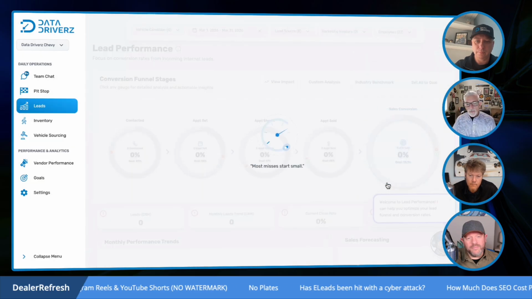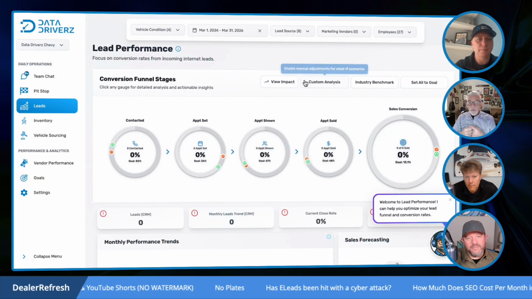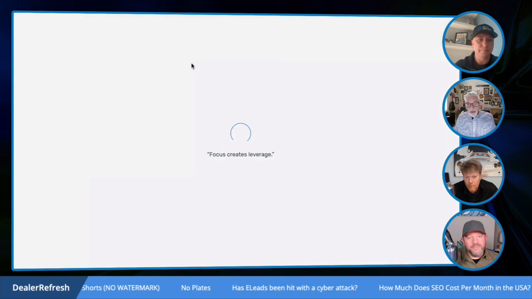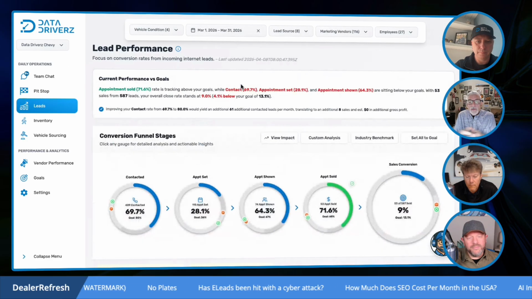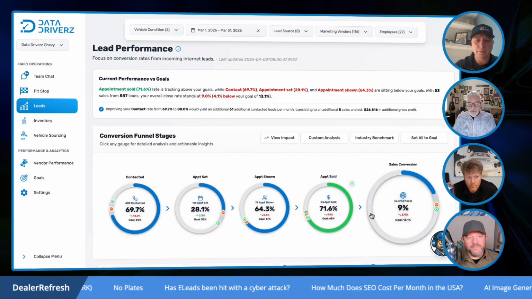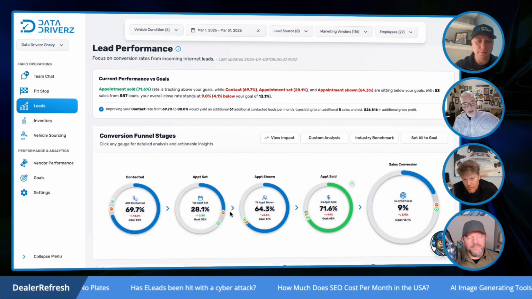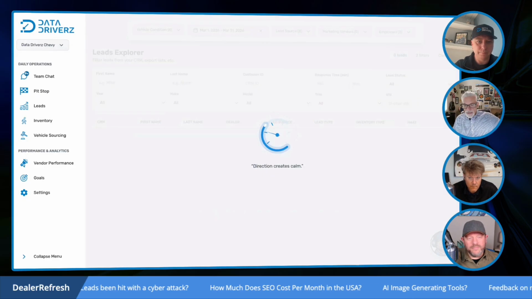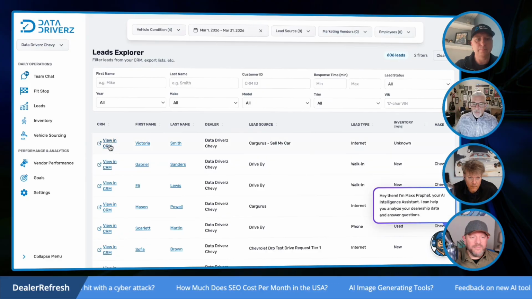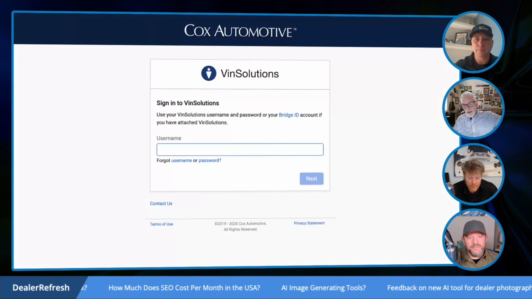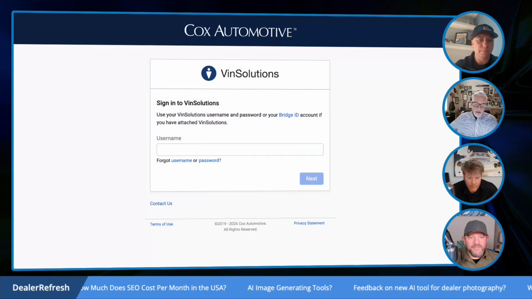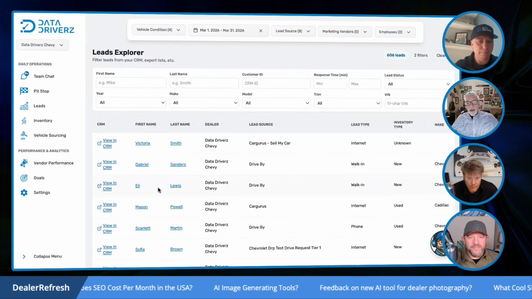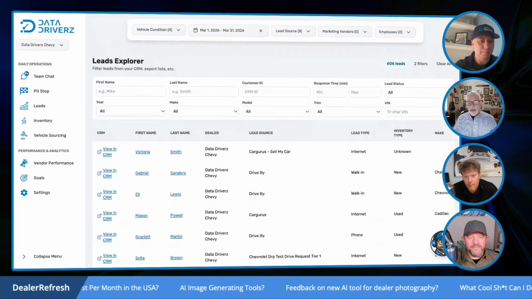Now, Data Driverz can help each individual, and it can help decide where to spend money. It can help you decide what vehicles you're going to need. It's absolutely all connected. Ryan says all the time, I used to go out and buy a bunch of cars. I could steal a whole bunch of cars. Well, that's great, but if those cars don't bring any leads, what good is stealing those cars? So it starts with a buy in the used car department, takes it all the way to the CRM tool and all the way to F&I. It's all connected. We've connected everything.